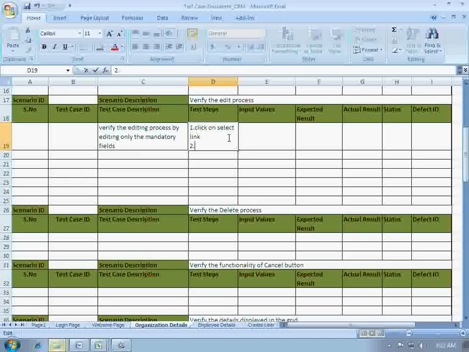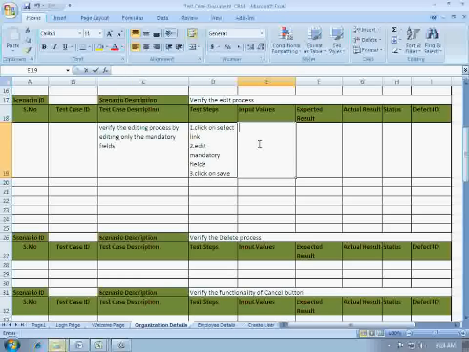So edit mandatory fields, third, click on save.